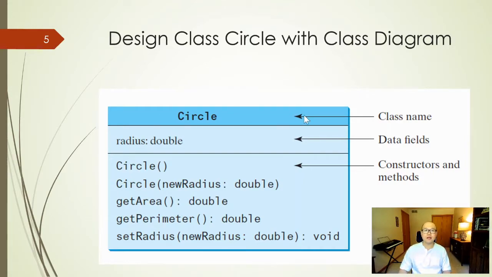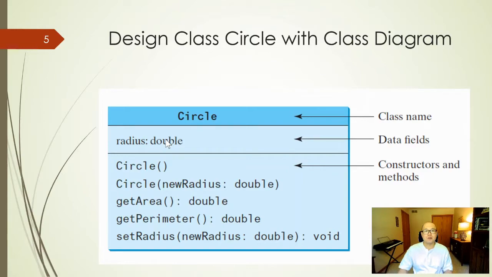Okay, so last video we used the example class Circle. Now if you take a look at this diagram, the class Circle can be designed using a box, like so, this box. This box can be divided into three parts. On the top, you specify the name of the class, Circle, followed by, in the middle, we have data